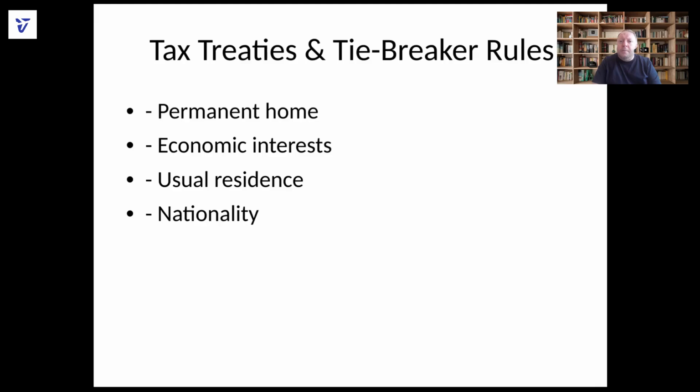Section 6, tax treaties and tie-breaker rules. If your country has a double taxation treaty, that means your country has signed an agreement with another country so that you'll not be taxed twice on the same income. Your new country may often use tie-breaker clauses to prove where you are actually tax resident. These rules look at things like where you have a permanent home, where your economic interests lie, where you actually live, and your nationality. This is especially useful if you are in a gray zone or a dual resident,